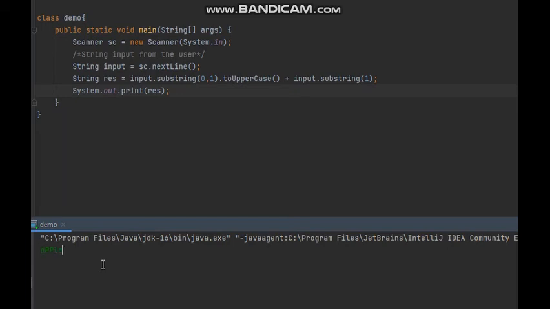That will be random words with a starting small letter, and I'll be running the program, and we can see the first letter is capitalized and we have got the desired output. And the remaining characters other than the starting element are all the same.